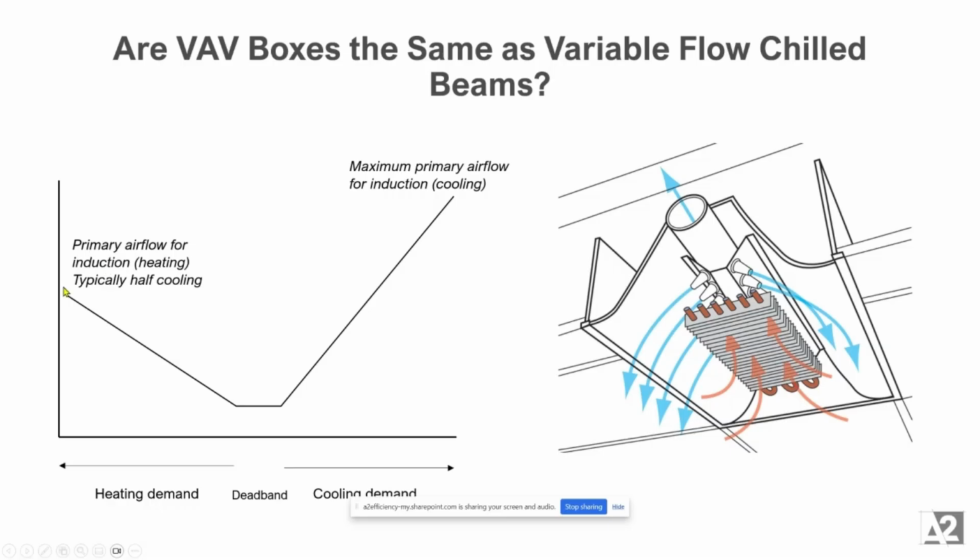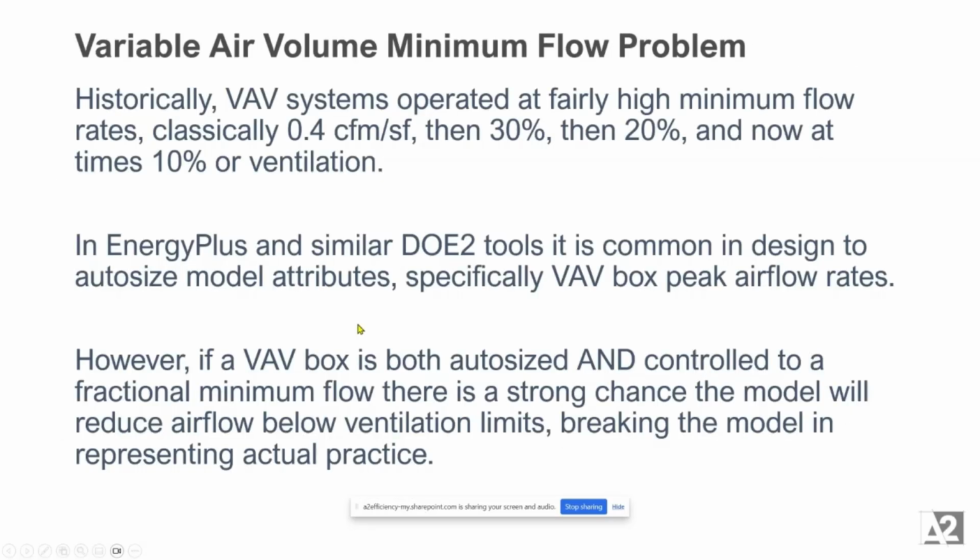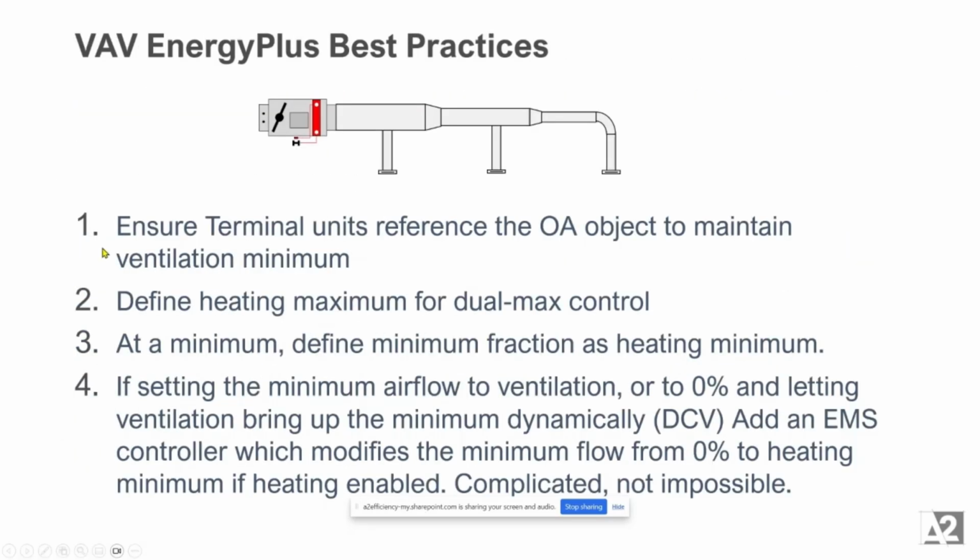But it basically had this mechanism, right? It would go up to some high level of heating to induce enough air to create that Coanda effect across the chilled beam, and then again, more airflow for cooling. And this is even in some of the manufacturer's literature later, which demonstrated that, sure enough, cooling was about twice heating. So I think that slide should have been deleted, but